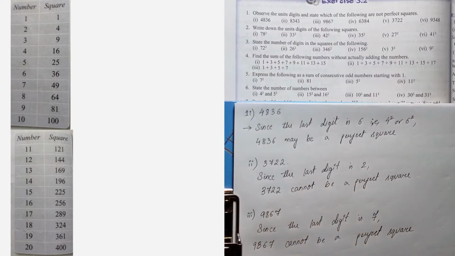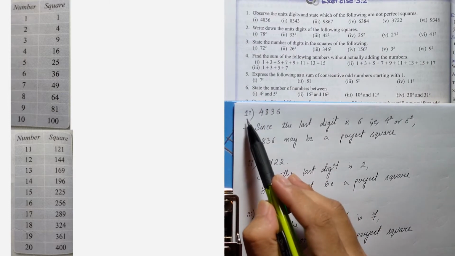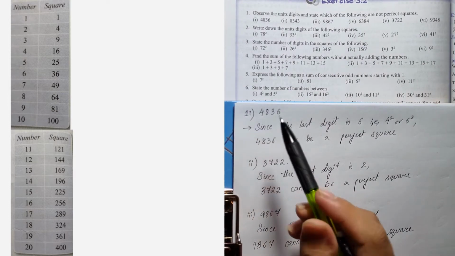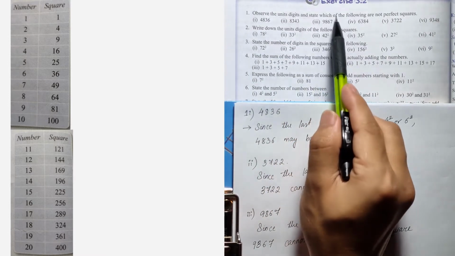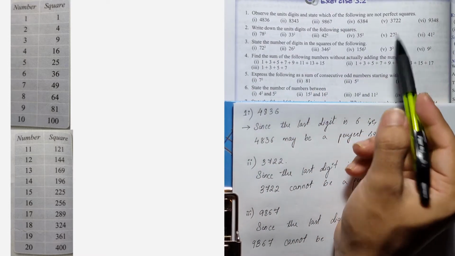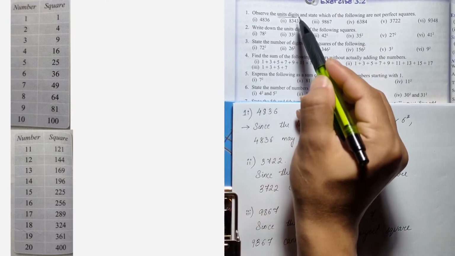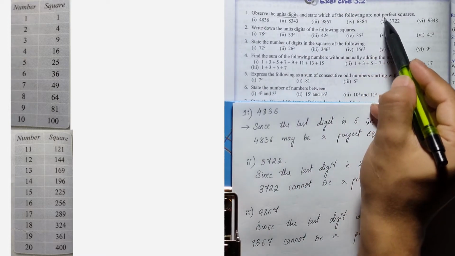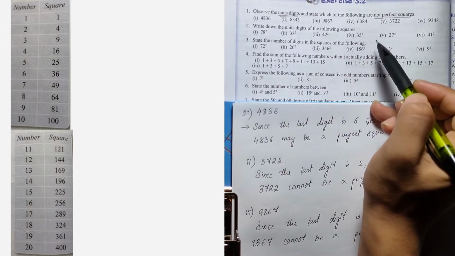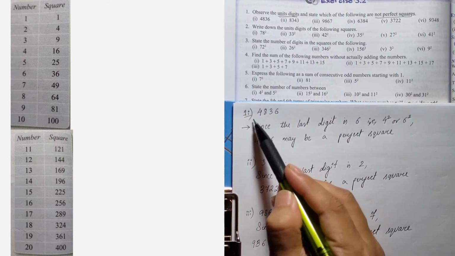Okay, let us now look at some sample questions. Number one: observe the units digit and state which of the following are not perfect squares. That means we'll have to just look at the units digit, and by looking at the units digit we'll have to make out whether it's a perfect square or not. Now let's see the first example. Number one,